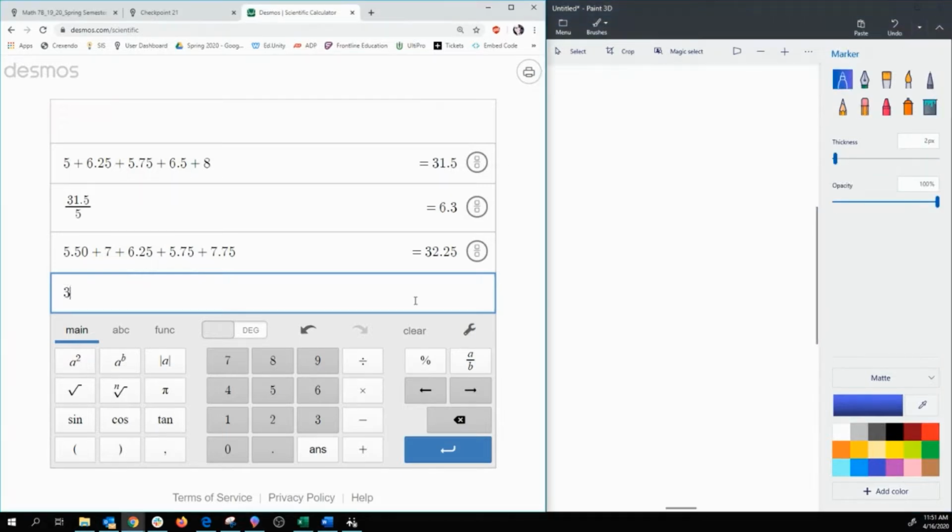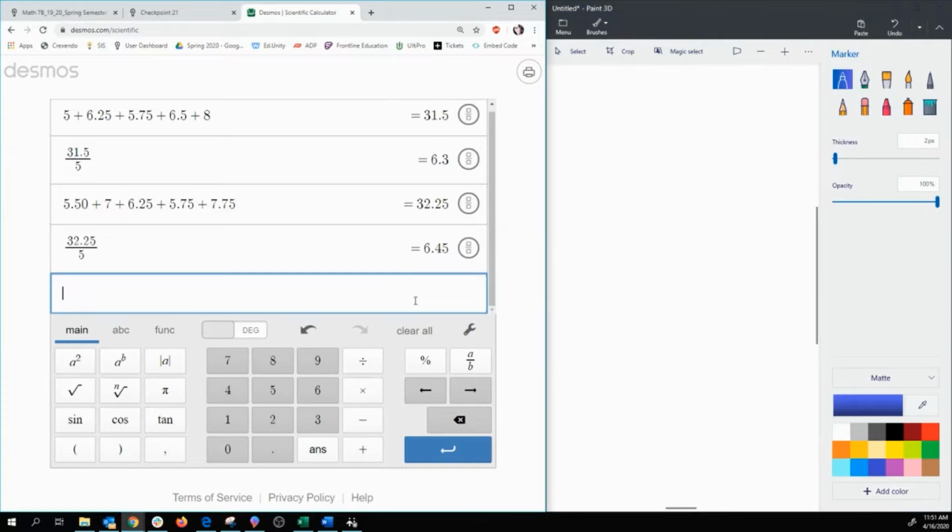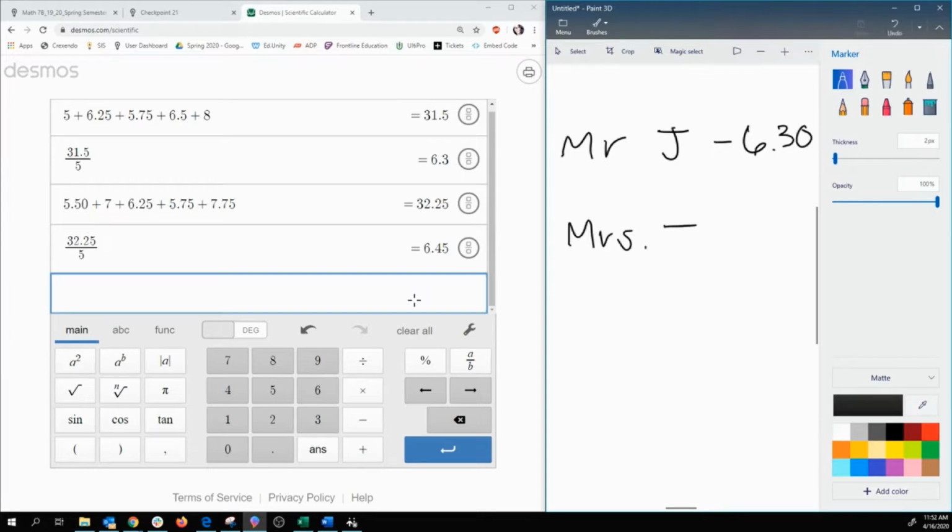All right. Click in the calculator to type. Right, 32.25 divided by 5. There we go. All right. So Mr. Jones spent on average $6.30 for lunch. And Mrs. Jones spent on average